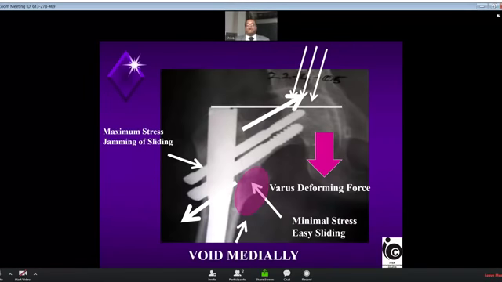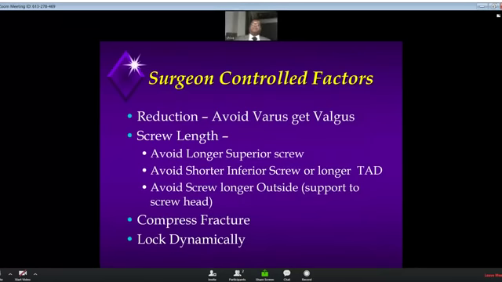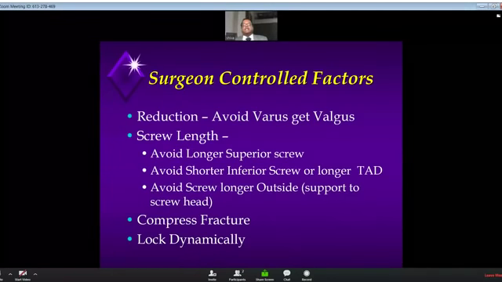This is more so common if there is a void medially. So that is one of the reasons why if there is a void medially, we should try to avoid this system, as said by the earlier speakers, but earlier articles. But anyway, I will try to give some solutions if there is a void also medially. Hence, how to minimize? As I said earlier, in my own hands in the last 8 or 9 years, there is only one Z effect.